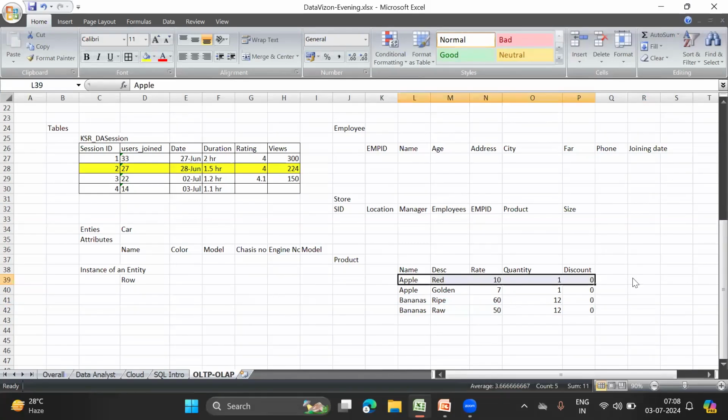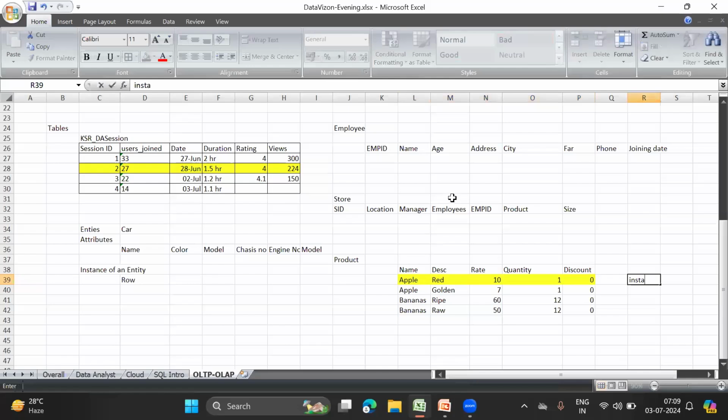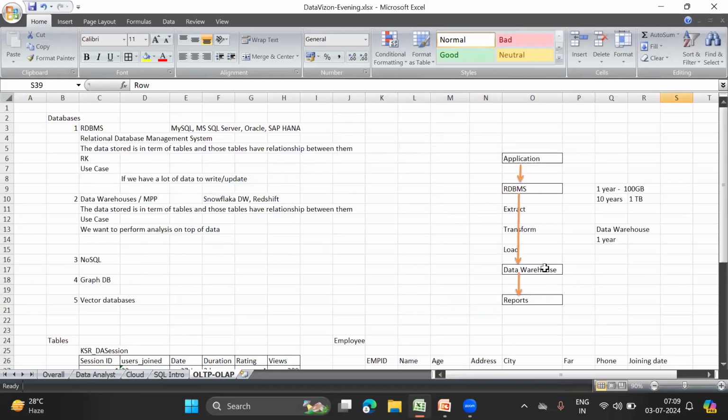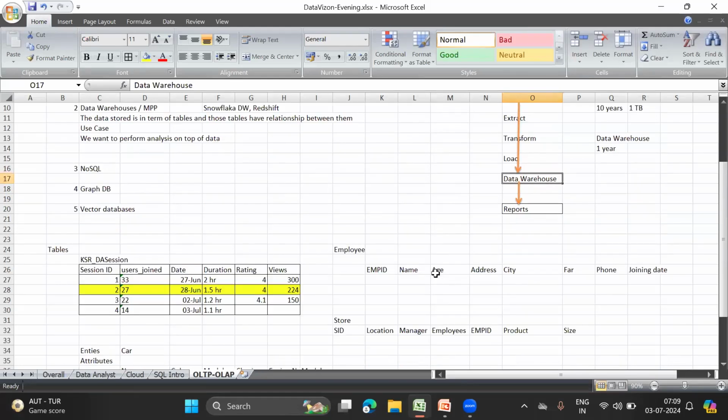So we now know about the basic tables. The tables we have discussed are going to be in the RDBMSs. You are also going to see them in the data warehouses, because the data warehouses anyhow take the data from RDBMSs. We are taking the data from RDBMSs into a data warehouse using tables. So in a sense, they are the same thing.